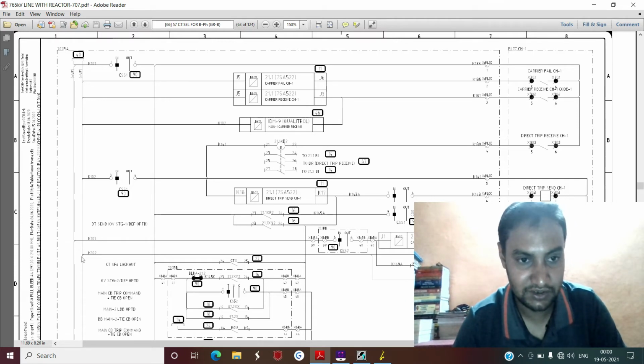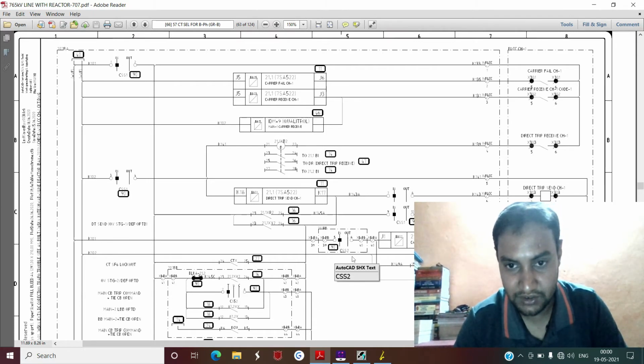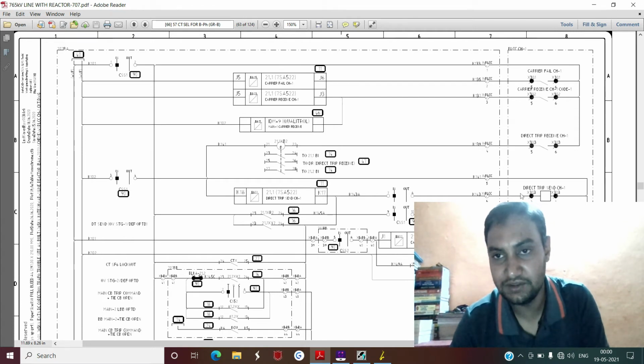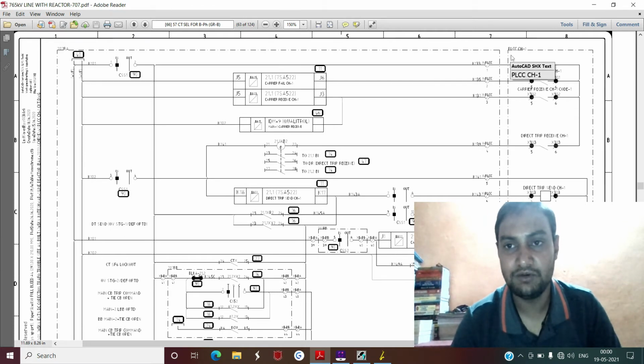So now see here, this is K102. This is the negative wire which is coming from this point. This negative from K102 is coming up to this point. Now this is going here, and if you see at this point, this is basically your PLCC channel.